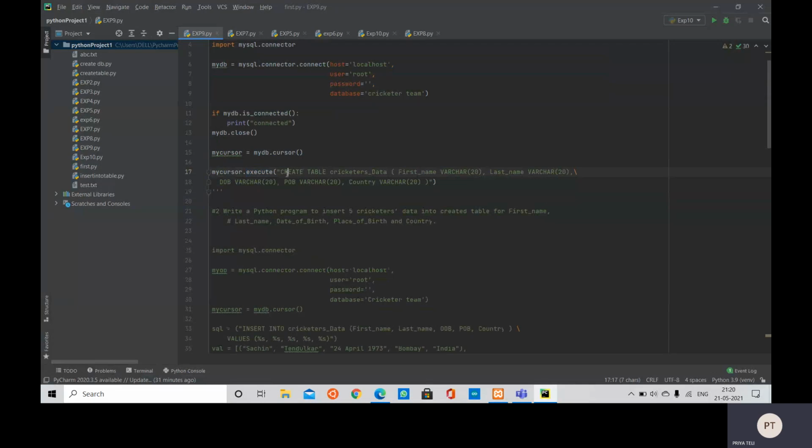these functions, whatever we are going to perform on these databases, will be executed. So our first program is to create a table, say named cricketers data, and we will specify the columns which we want in our table.